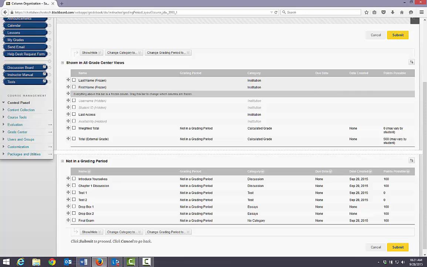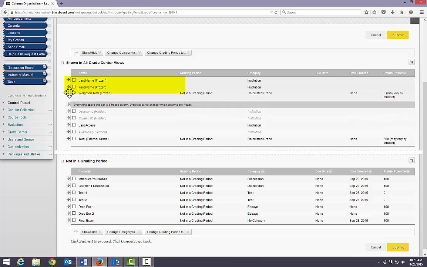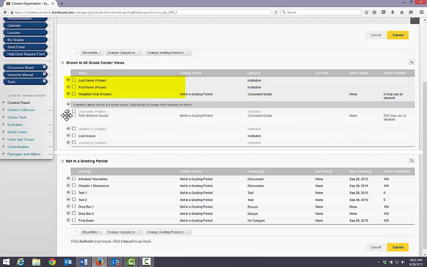By default, the grade center in Blackboard freezes the last name and the first name columns. If you want additional columns frozen, which means that as you scroll through your grade center, those columns won't move. I want my weighted total column to be frozen, so I click the cross arrows to the left of weighted total and I drag it above this frozen line. I want the total column to appear right next to the weighted total. So I'm going to click it and drag it, but I don't want it frozen, so I won't drag it